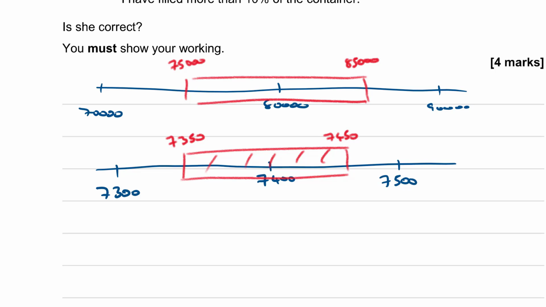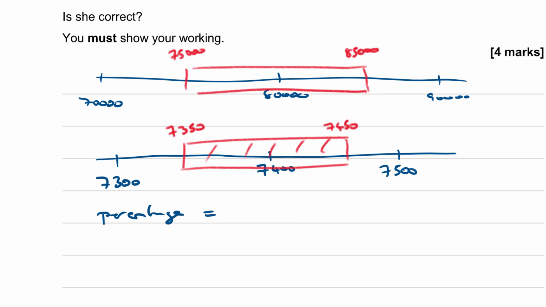So to work out the percentage, it's going to be the amount she poured in divided by the capacity. So the percentage lower bound is going to be, well, I'm going to get that if I take the smallest possible amount of water and divide it by the largest possible size of the capacity of the container. So that would be